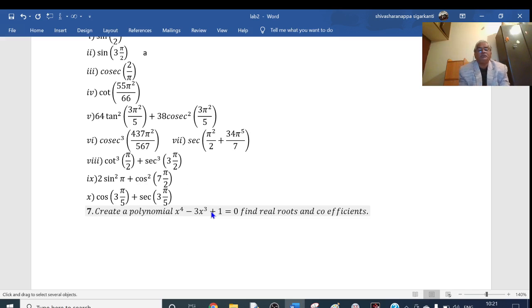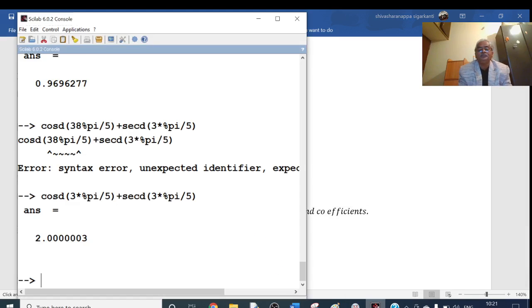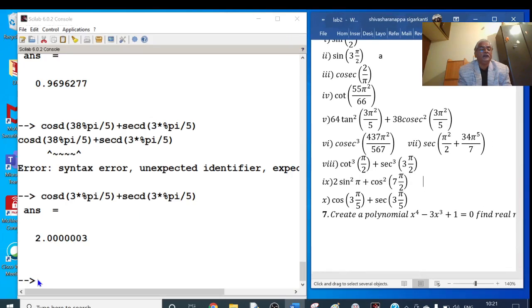By giving the coefficients of this polynomial, we can create a polynomial in Scilab. How to create? The command for this is, let me denote that by say P equal polynomial, command POLY, open the normal bracket here, and open a square bracket. Within this square bracket, give the coefficients starting from constant, coefficient of x, coefficient of x square, x cube, like this.